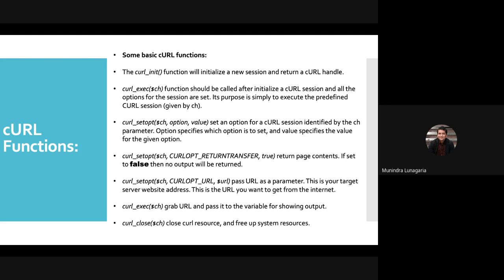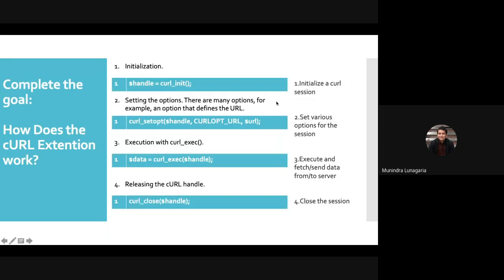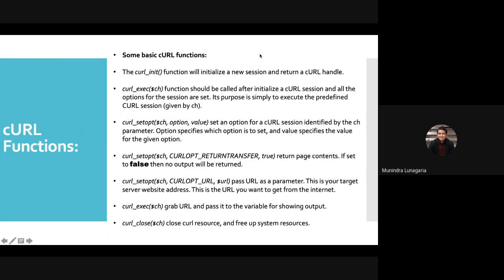It sets options for a curl session, which is identified by the parameter, one which specifies which option is supposed to be set, and another value which specifies a particular value for that option. Curl_setopt takes parameters like $ch, and then we have CURLOPT_RETURNTRANSFER true, which basically returns the page content or retrieves it. If set to false, then no output will be displayed.